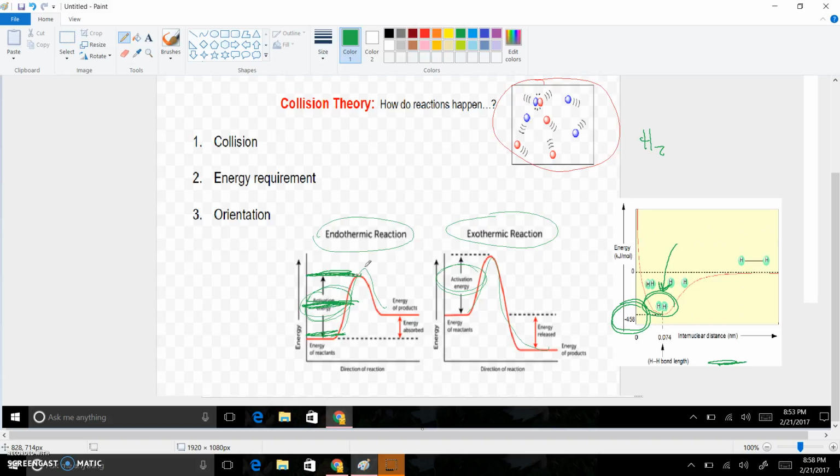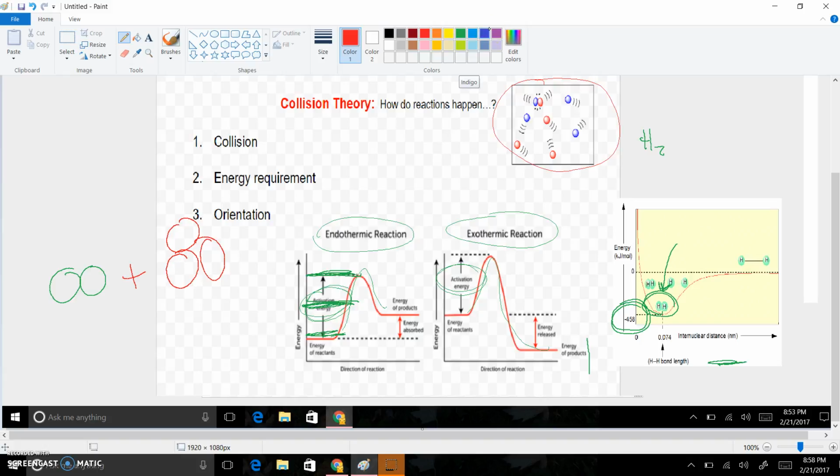Alright, let's go on to number 3 then. The third part is orientation. Orientation is the idea that you can't just have things collide, they have to collide in the correct manner. I actually have another image here, but you can't see it. You'll see it when you open the Google drawing. It's the idea that if you have 2 molecules like this one, and it's going to react with something like this molecule, if you're going to collide them, you have to collide them in a certain sort of way,